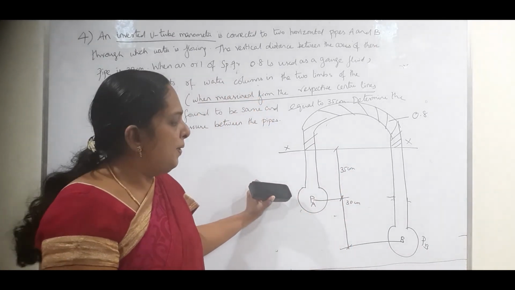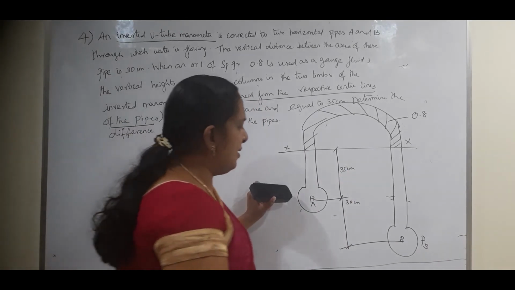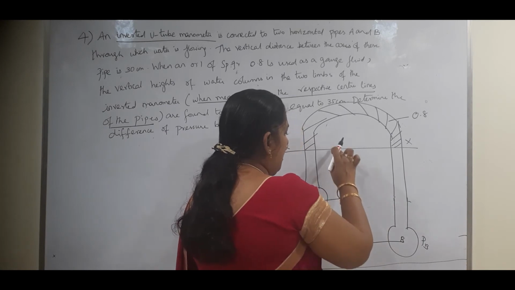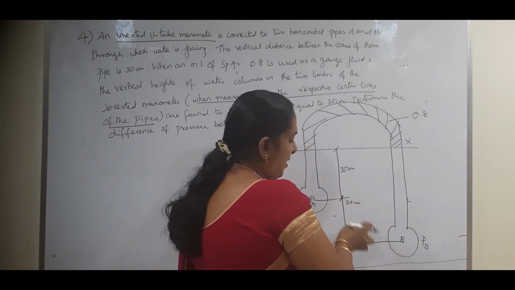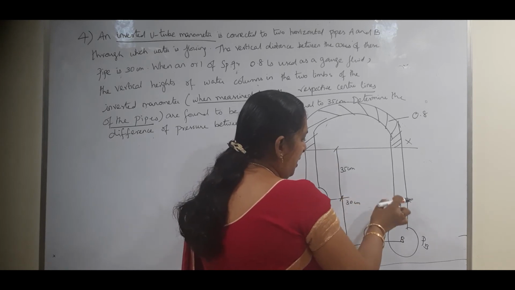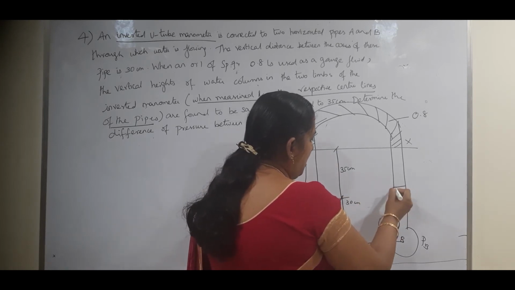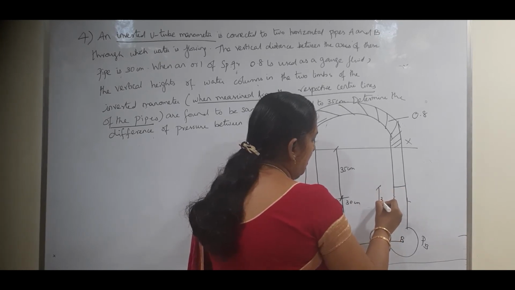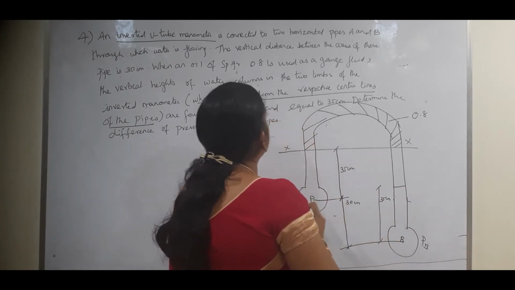Clear? So what happens here is that it will be 35 centimeters on both sides. So here it is 35 centimeters, it's okay. But here, from the axis you have to go to 35. So this is already 30 centimeters, so 35 centimeters is somehow here. Am I right? So read it once again, what is given here.